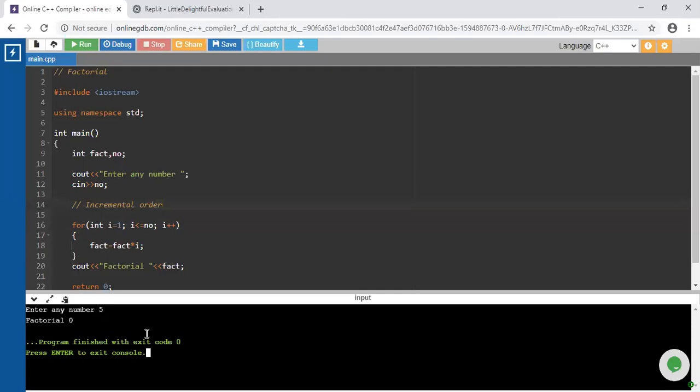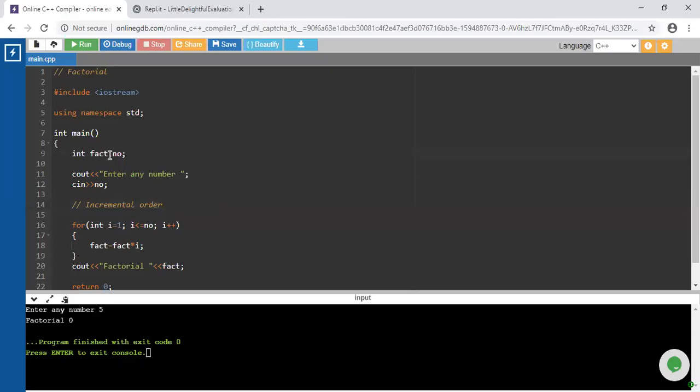Because when we started this example, we just declared two different variables, fact and number. For number, we accept a value from the user. But what about the fact variable? The compiler is going to consider some runtime value, by default maybe 0, instead of a garbage value.